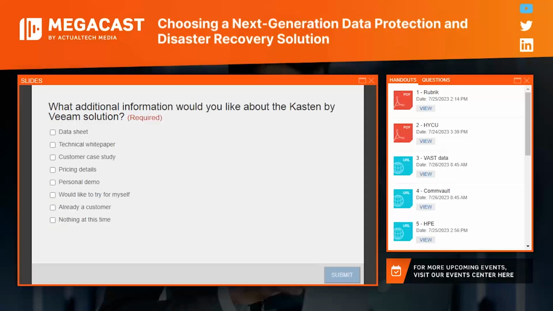But in 2023, we're seeing that's very much not the case, right? We're seeing more and more stateful data, persistent data being deployed to Kubernetes for performance reasons, for ease of use for our developers. So yeah, we can't just back up etcd. We can't just snap VMs. We need to make sure that we have a Kubernetes architecture support within our backup and mobility solution. So yeah, that's a common one we get for sure.